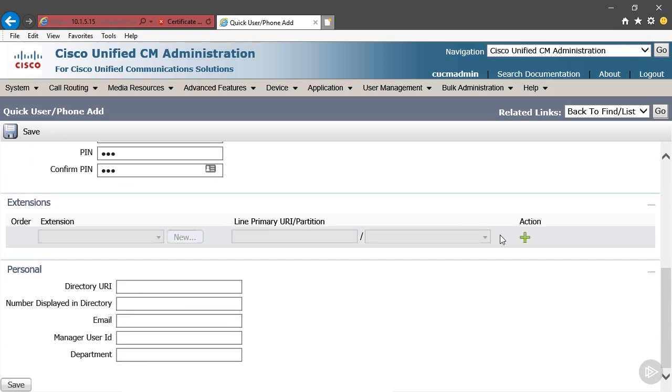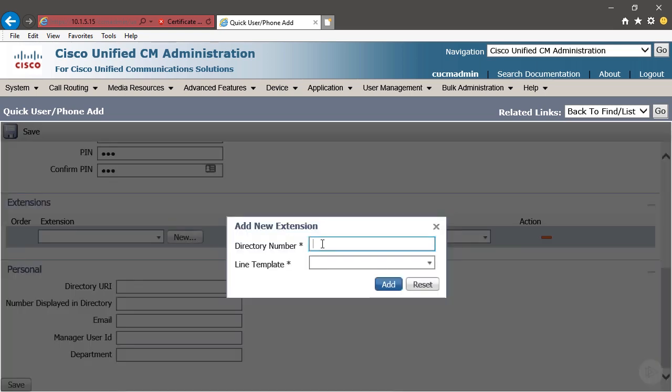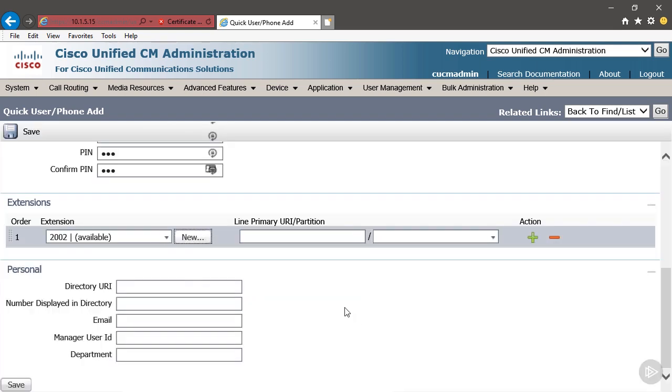The extension, we're going to create a new number. And so we're going to select the plus and then new. We're going to give them the number 2002. The line template, we're going to use the only template that's available, the sample line template. If you were to prepare ahead of time, you could build line templates that completely customize the directory number. So if you had users at your Miami location, you could make a line template for Miami users, or you could make a line template for interns or for any other group of individuals. We're going to just keep using the sample, click add,